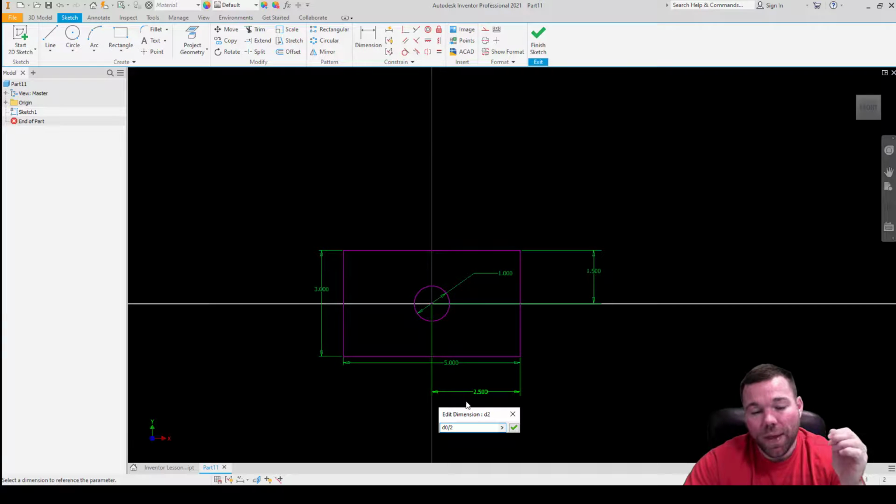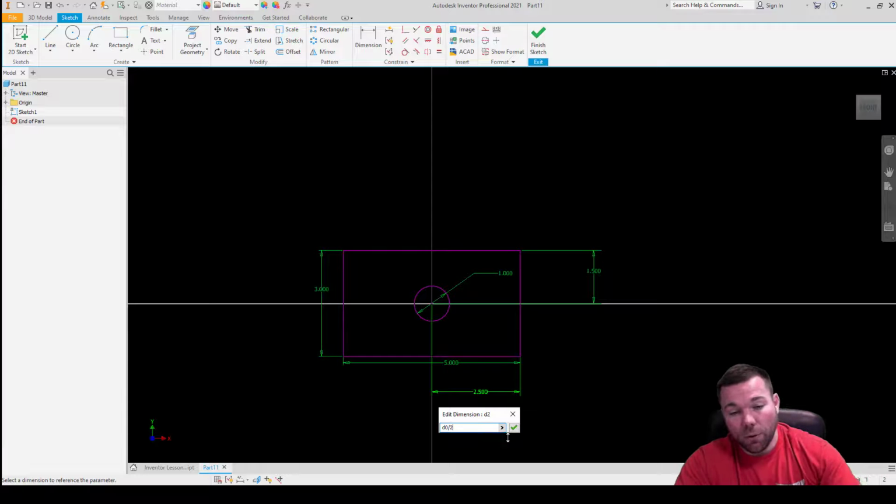So basically what that means is it's taking my D0, and whatever value that is, I want to divide it by 2. I want this dimension to be D0 divided by 2. So 5 divided by 2 is going to end up being 2.5. But if this is 6 and we divide it by 2, this is going to automatically change to 3. So what we're doing is creating